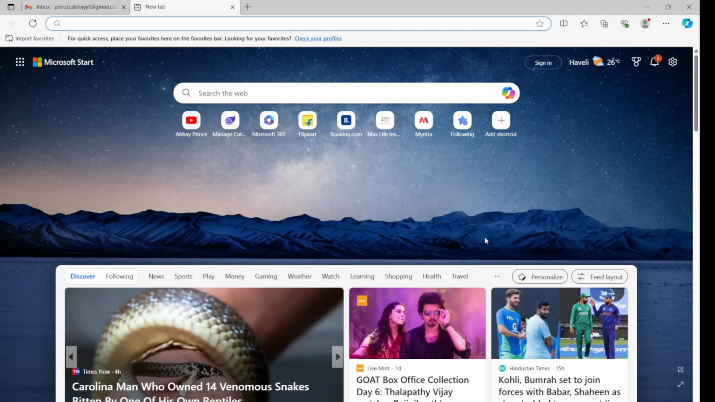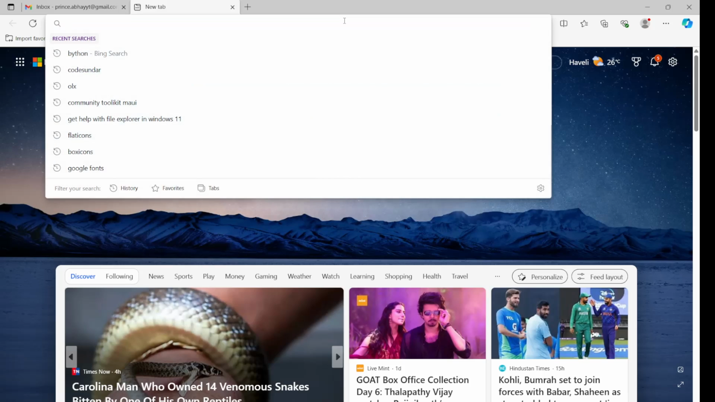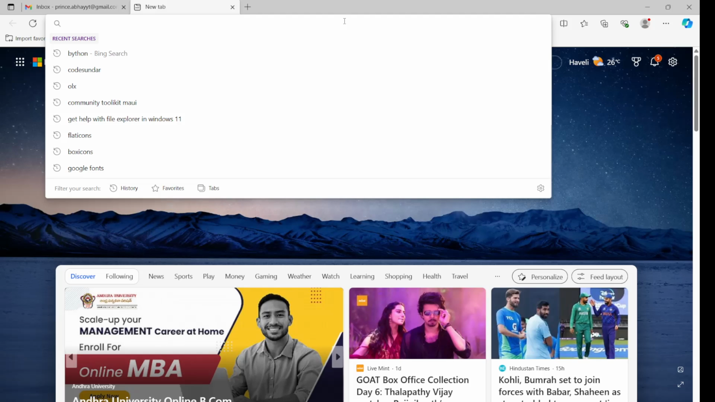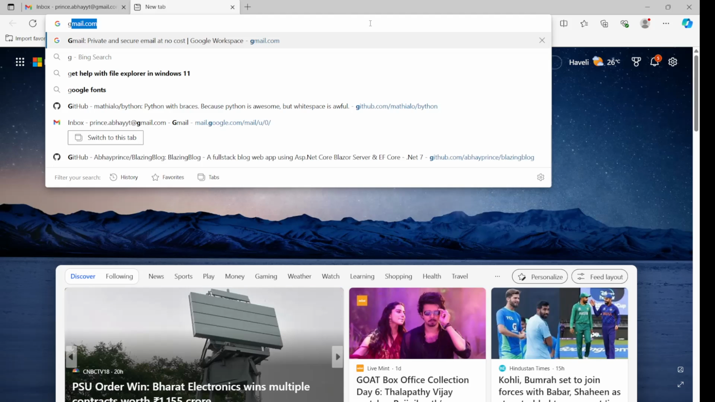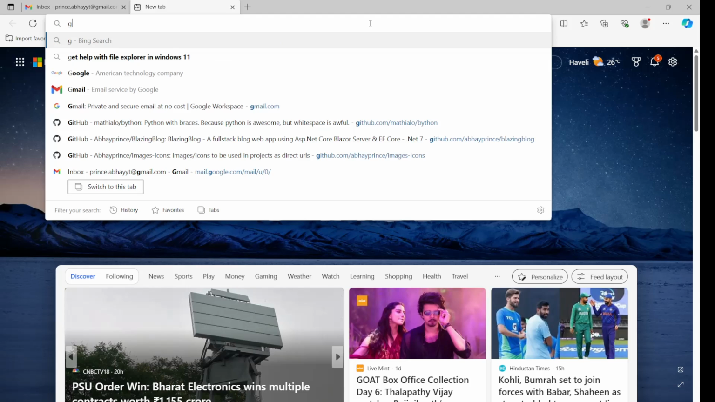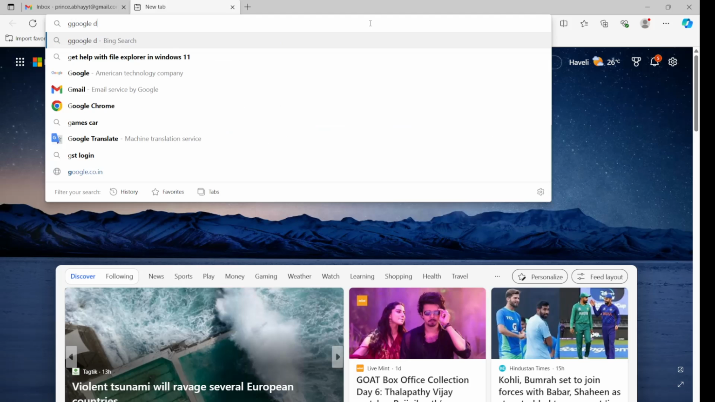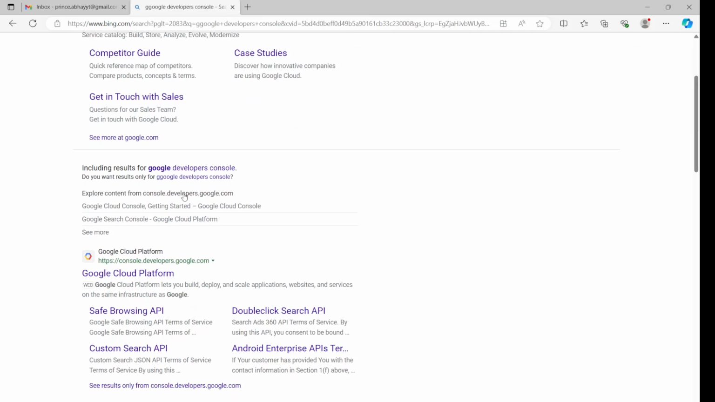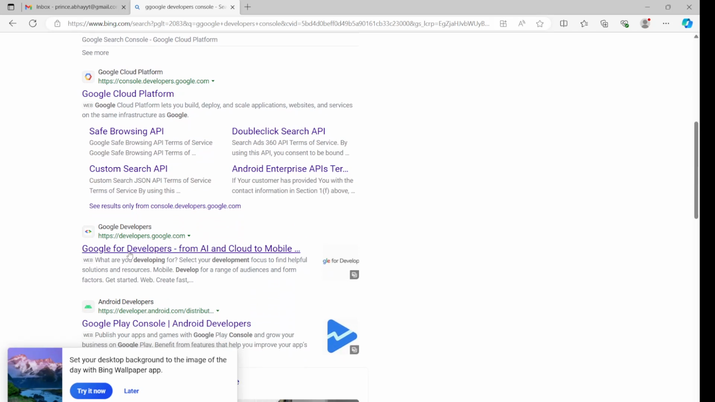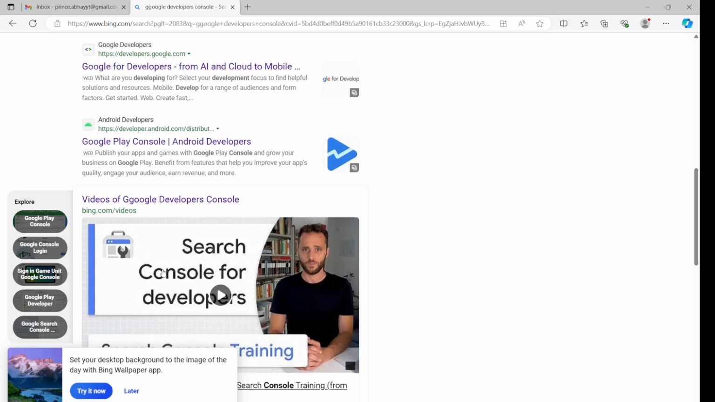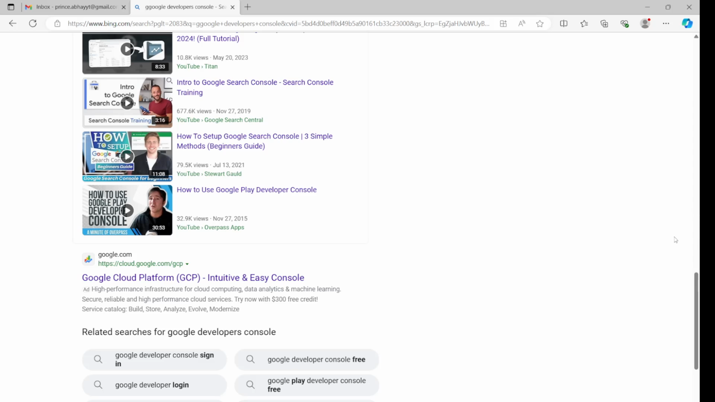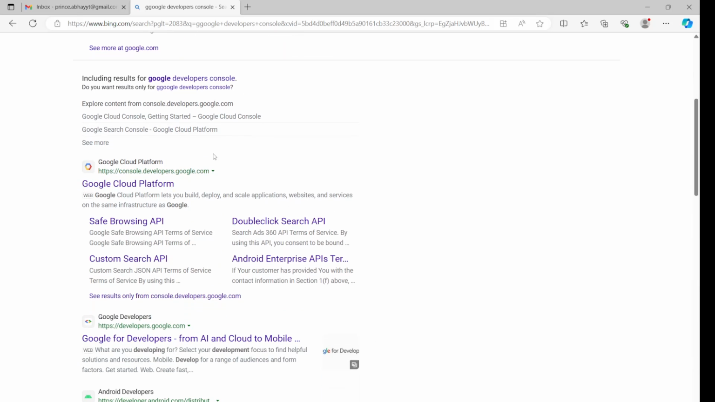All right. So for sign in with Google, the first thing we need to do is create an app on Google. So I'll simply search for Google Developers Console. You can go to Google for Developers, or where is the console? console.developers.google.com